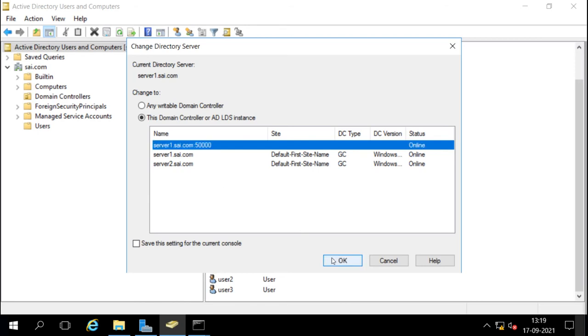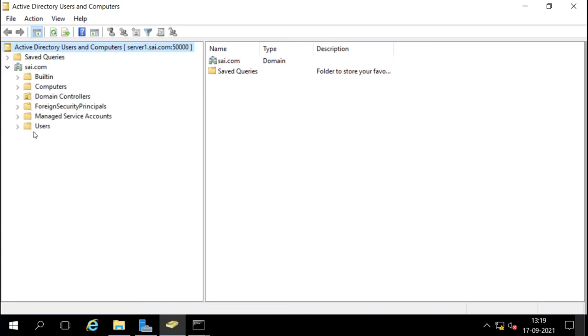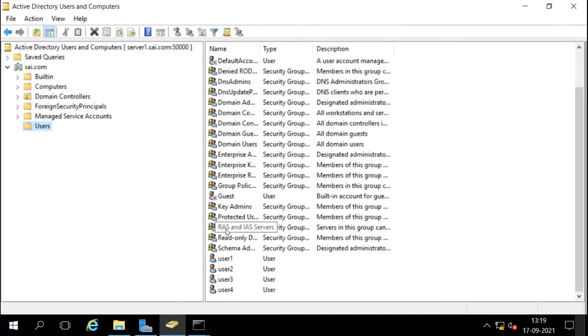Now I will open this. You can see it is saying online. It is online because we have executed it using the dsamain command. Now I will connect, and what we are accessing here is server 1 but on port number 50,000. Now when I go to see the users, you can see user 4 here.